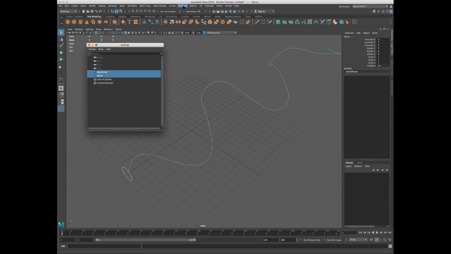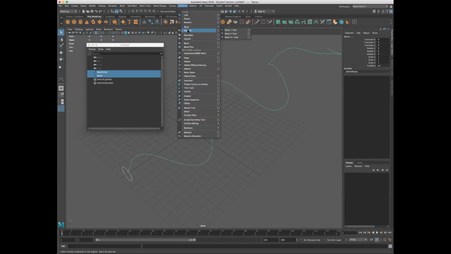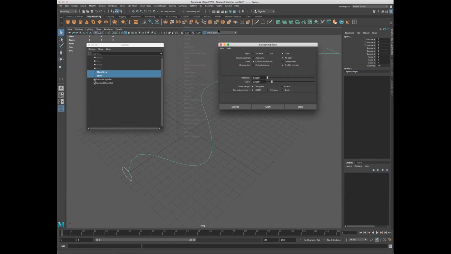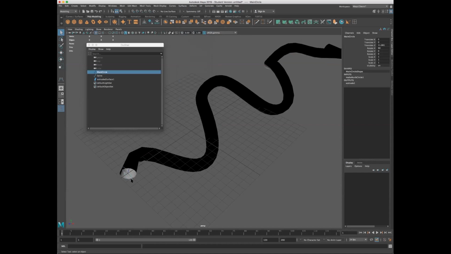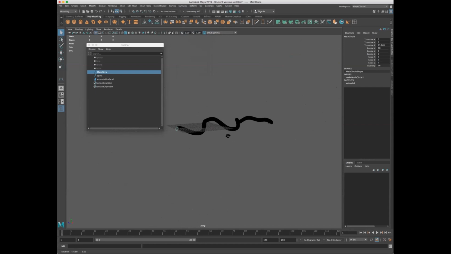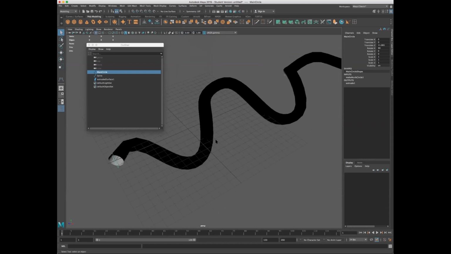Then we're going to go to surfaces under modeling. We're going to extrude, wait for it, option box, add path. Got that? Okay, now click apply or extrude. And we have the tunnel. Well, right now it looks like an exhaust pipe of a 1972 Cadillac or something. I don't know. But